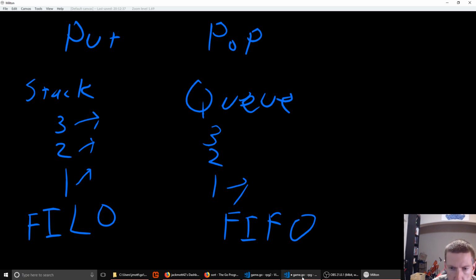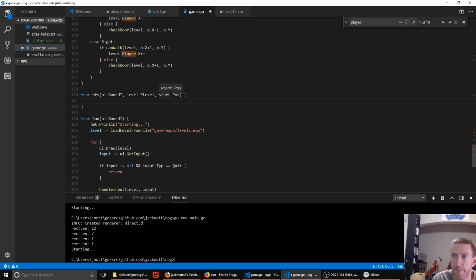So what we need for this is a queue, not a stack. Golang does not have a queue built in, but you can make one with a slice. It's not perfectly efficient, but it's pretty good, and it's pretty easy. There are some third-party queue collections you can use, but they use interface. You put void interfaces in them, which means you lose type safety, and you have to cast things when you get them out. So we're not going to use that, and we don't want to have third-party dependencies when we don't need them anyway. So we're just going to use a slice,